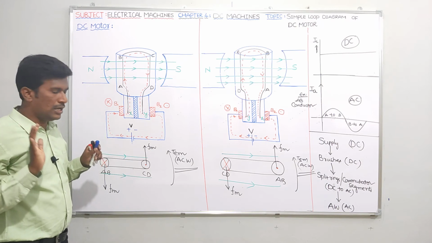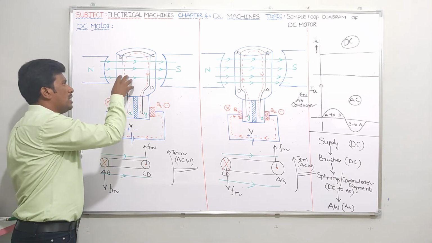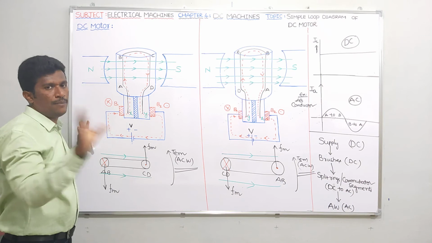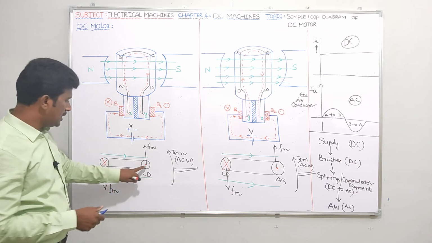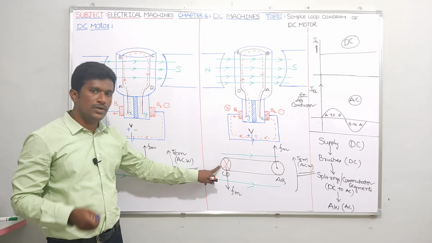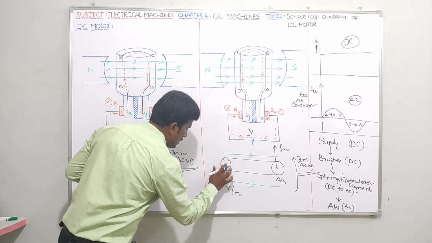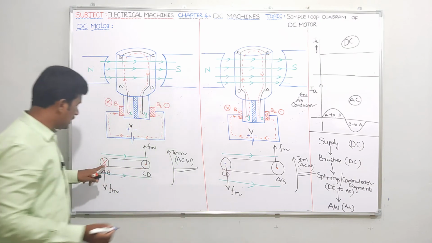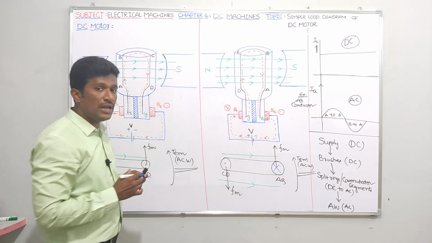So you can check clearly. I'll tell you once again. I'm just giving time to you. Instead of the current entering the armature winding being AC, suppose the current entering the armature winding is DC. Tell me what will happen. Which type of torque will we get? Very simple question I'm asking. Suppose CD dot is changed to cross, meaning AC supply, by using commutation action. Suppose the dot is not changed to cross, and it is still dot only. Now initially in the AB connector cross is there, and now also cross. Now tell me what will happen at that time.